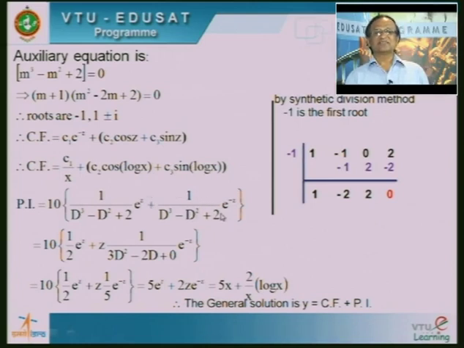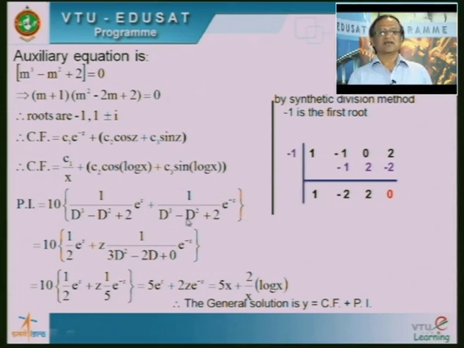The procedure remains the same. So, e to the power minus z. I can replace D by minus 1. Is it clear? When I replace D by minus 1, minus 1 cube becomes minus 1, minus 1 square means plus 1. So, it becomes minus 1 minus 1 minus 2 plus 2, so it becomes 0. Then I cannot replace D by minus 1, and how we have solved this type of function in the case of a linear differential equation with constant coefficients, the same procedure can be applied here also.